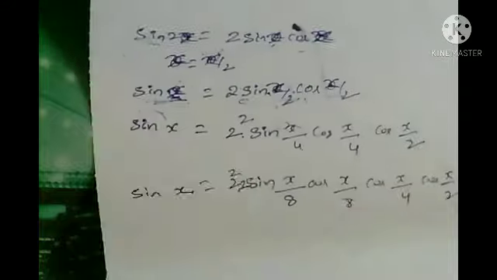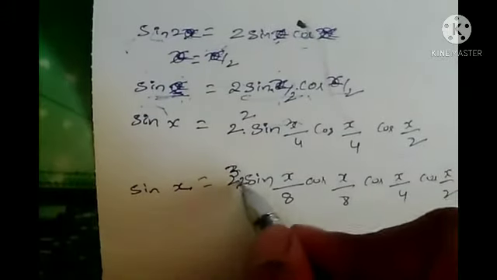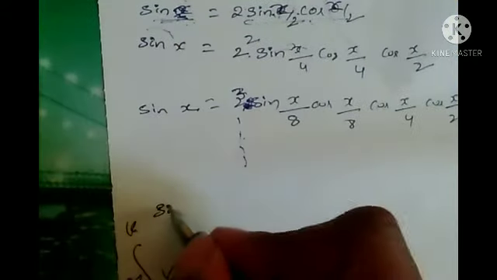We get like this. That means this is written as 2 cube. Okay, we get like this. Also one, also one. What is the nth term we write? That is sin x equal to 2 power n. We observe that here 1 is there, 1, 2, 3 and so on. If the nth term is 2 power n, okay, yes or no? That means we write like this, and what if we get sin of x by 2